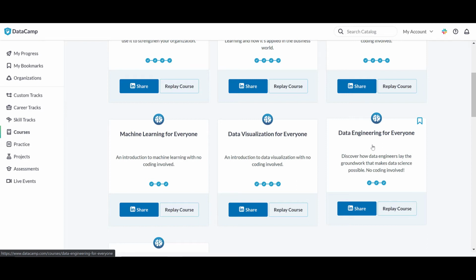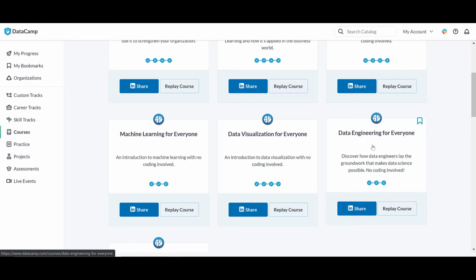So the data engineer is the person who grabs the data for the data analyst, and then the data analyst would apply some statistical analysis, and then he gives it to machine learning or the data scientist. So the data engineer is the first one in the process, the person who collects the data from different sources. If I'm working in a company, let's say I have a mobile device company, and I want some data, I can take the data from my ERP, from my data warehouses. I can take it from social media. The person who grabs all the data from different sources, in different formats, and collects all of it